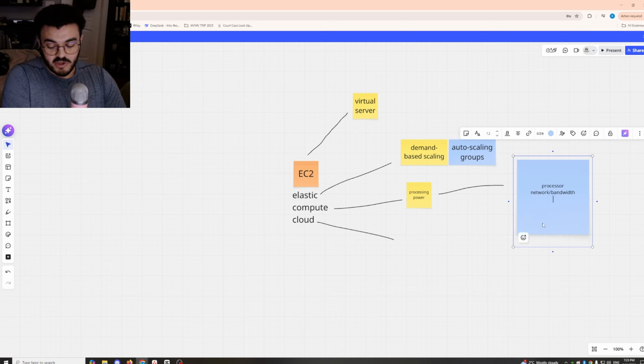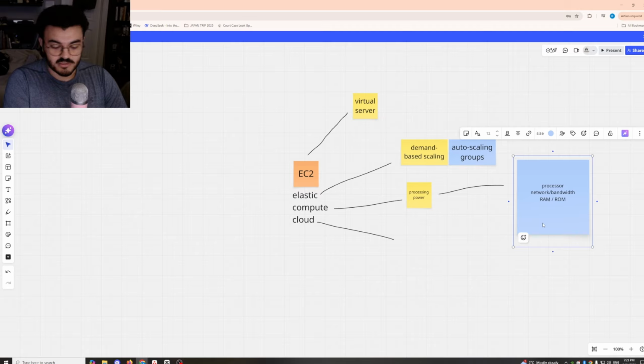I'm trying to think from an on-prem perspective, because that's what I've had the most exposure to in my career thus far. What else is there? Of course, RAM versus ROM. So random access memory, read-only memory. This is basically things that you can't touch versus things that are loaded in temporarily, that when you shut down the computer, it's gone.